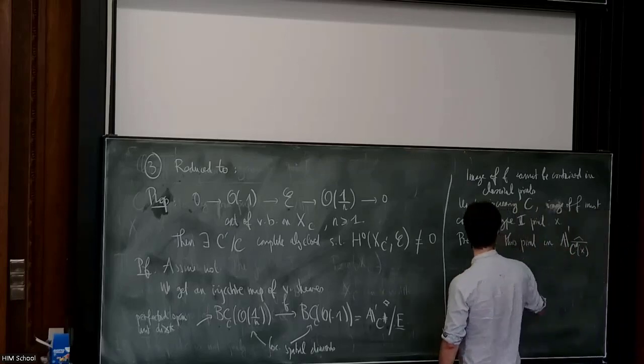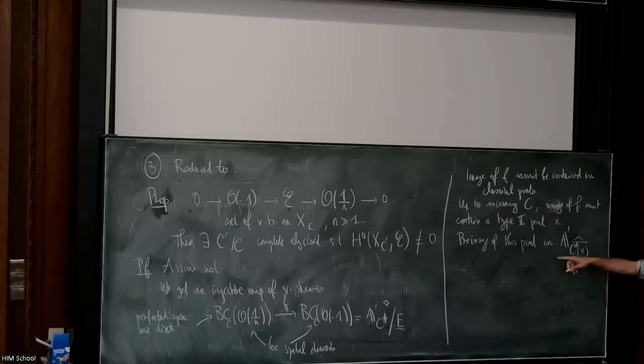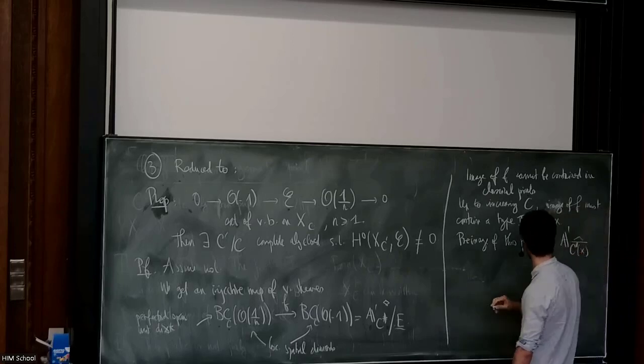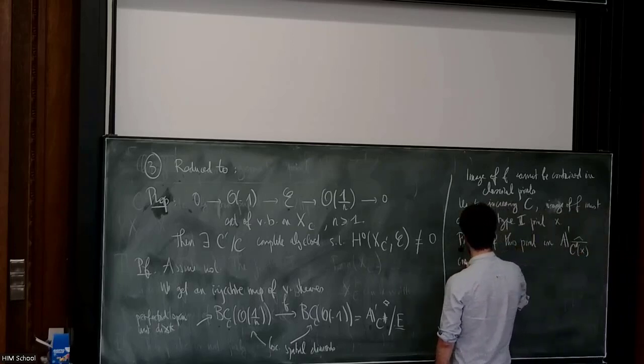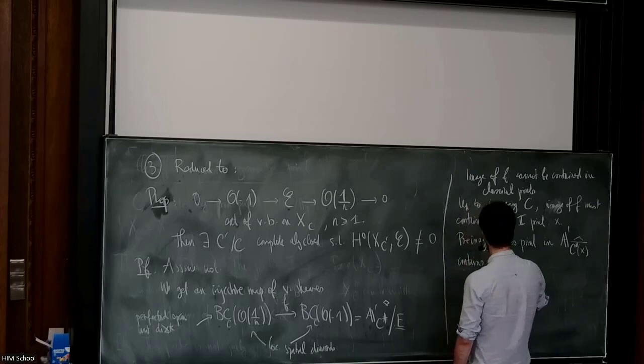It contains, so now after this pullback, these points become a classical point. And in fact, the image contains an open disk